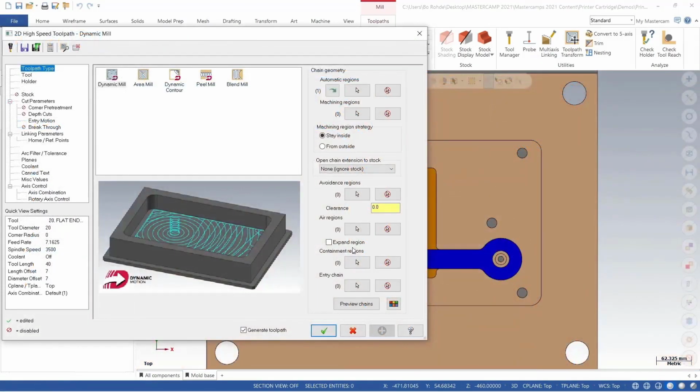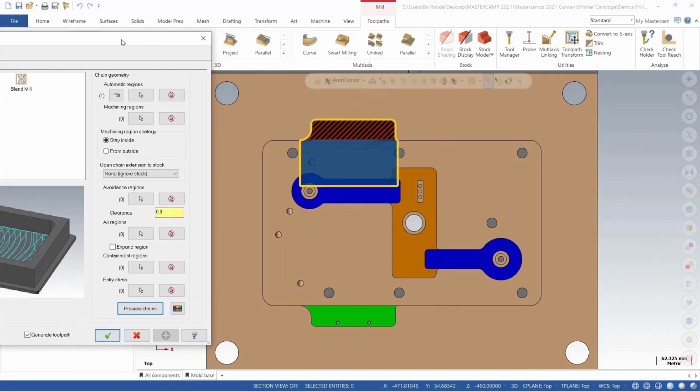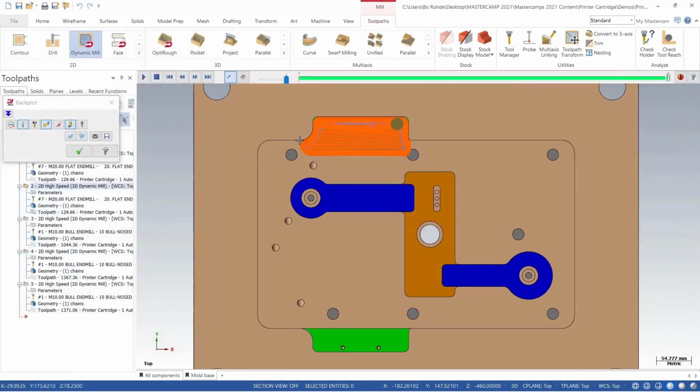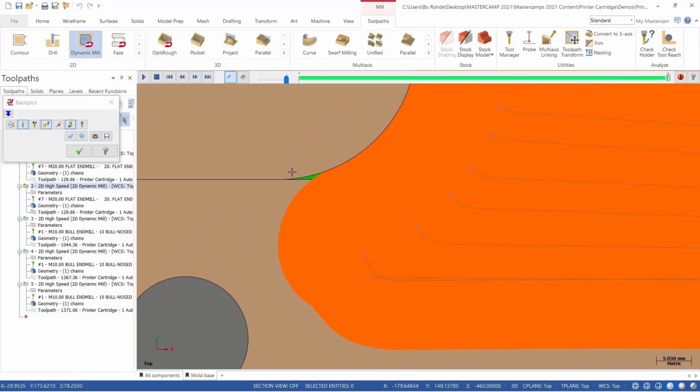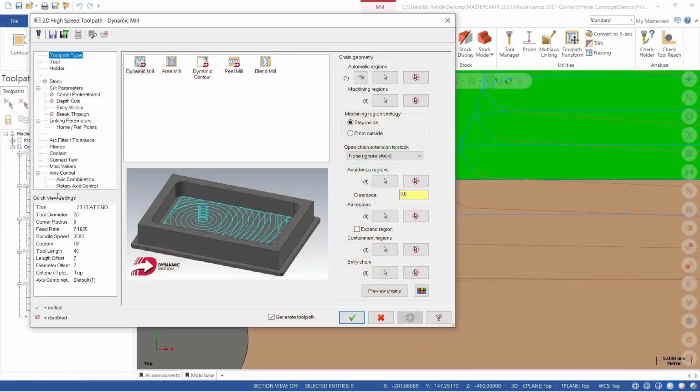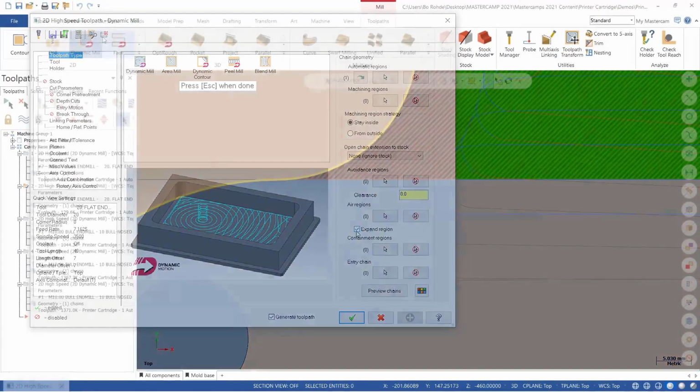The new expanded air regions option will help with this green face. The original preview chain is kind of squared off. And if we look at our backplot, due to the fact that we're squaring off the radius of the tool so it's not violating the outside of this air region, we leave this little green area right here in the corner. If we go back and click on expand regions and preview my chain, notice that